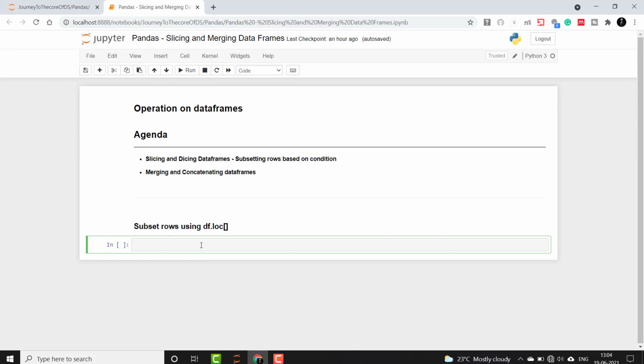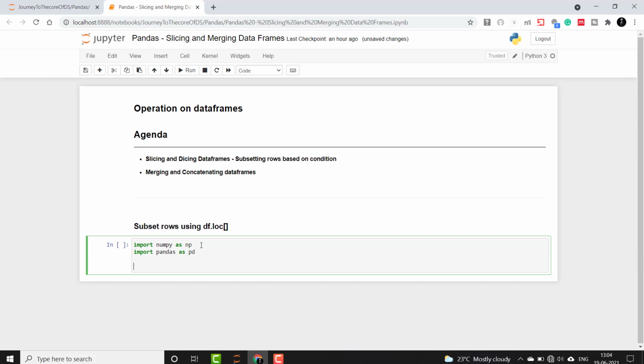For that I will use the same data frame. Let me import the libraries first. Pandas and NumPy are what we require here, and I will now load the data frame using pd.read_csv. You give the path here: the folder name is global sales data, slash market_fact.csv.